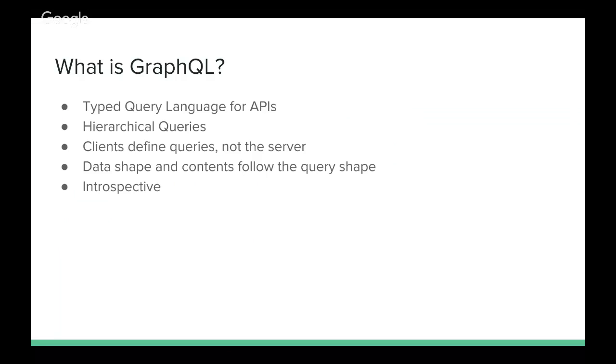And because the clients define their queries, rather than the server exposing specific routes and dictating, this is how you access this object, this is how you list a set of cars, or whatever your business object is,